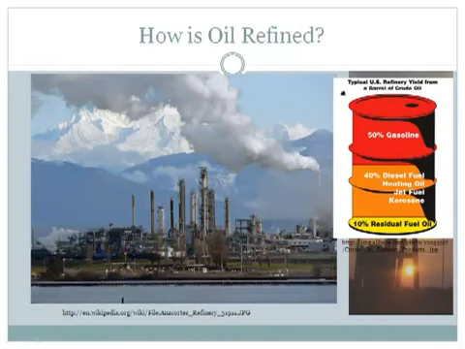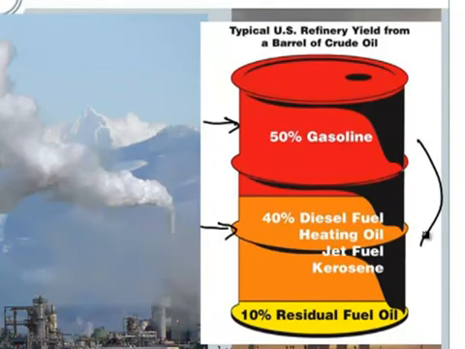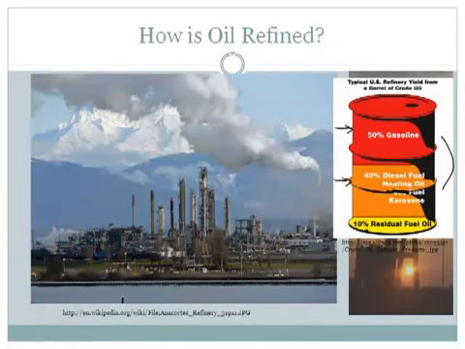Now, I should say, I want to talk about this later, but oil is used for so many things. Crude oil is actually, most of it, again, half of it, let's say, is gasoline, 40% diesel fuel, heating oil, jet fuel, and kerosene. So 90% of it is used for burning and for transportation type things, and heating oil. But for burning. And then 10% for other things. Residual fuel oil. They'll do it for lots of other things. Plastics are made out of oil, so they're